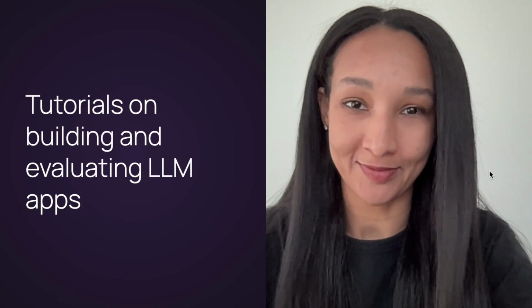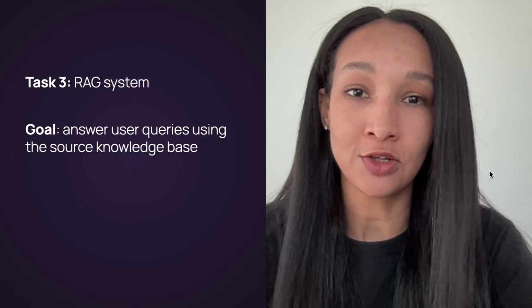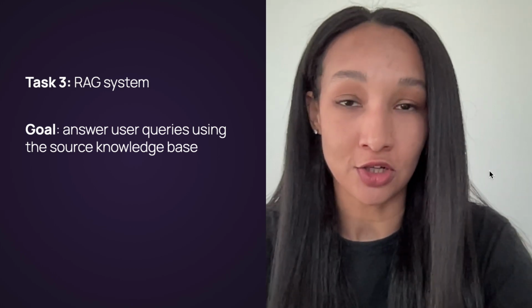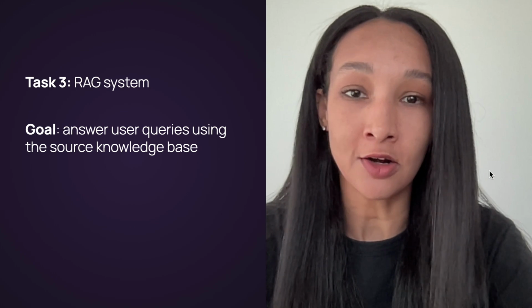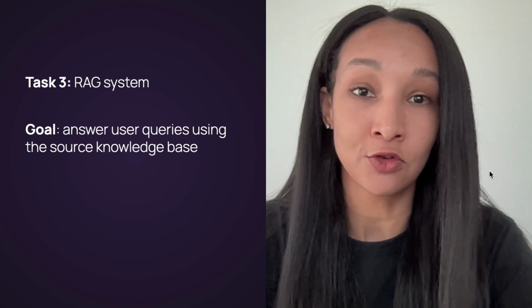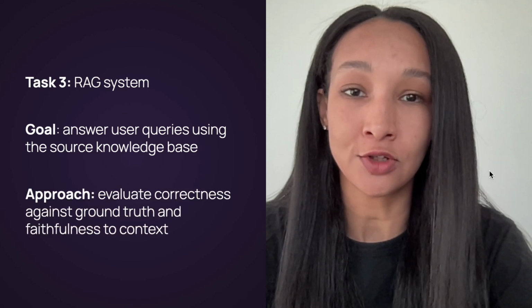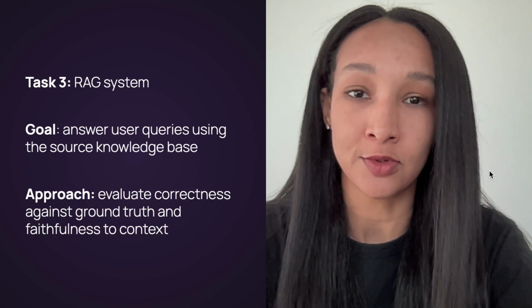Hi and welcome back. Imagine you are building a product that answers questions based on retrieved documents, like company policies or support guides. You are using RAG, a system that generates answers based on retrieved documents. But here is the challenge: how to make sure that answers are correct or if it stays faithful to the retrieved context. In this tutorial, we are going to show how to evaluate RAG system both in terms of faithfulness